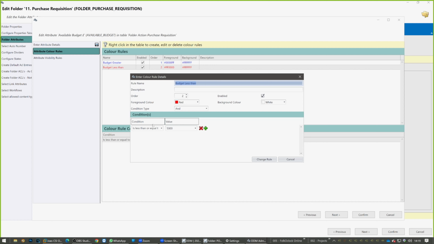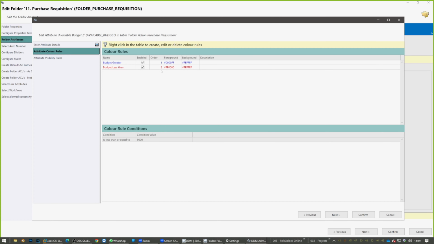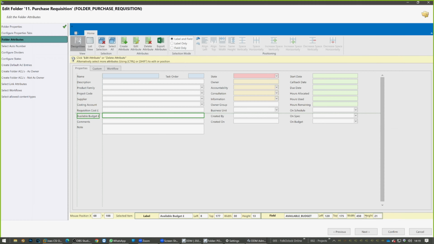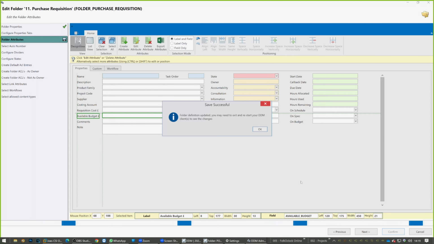Okay, so that's an example of where we've applied two rules on the same attribute, and therefore what that's giving me now